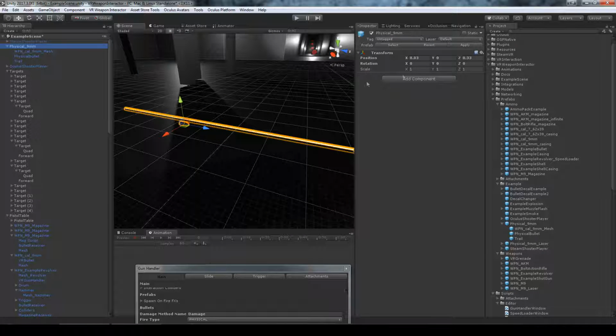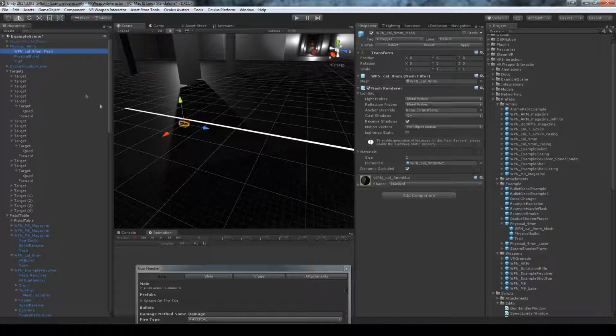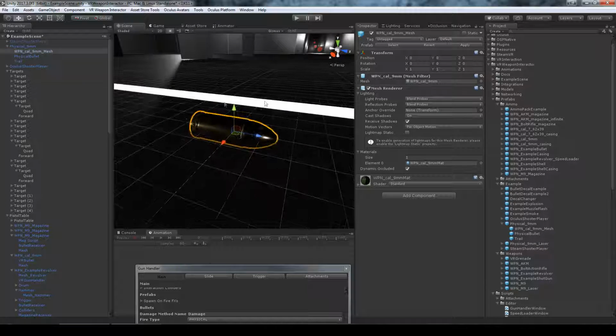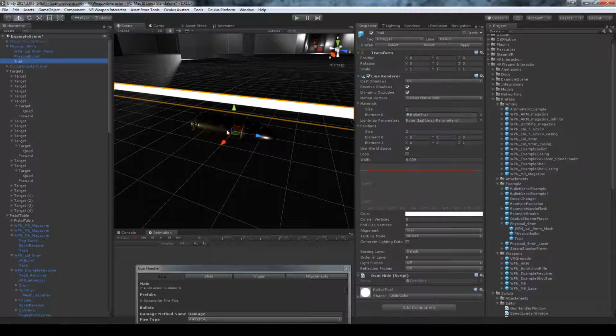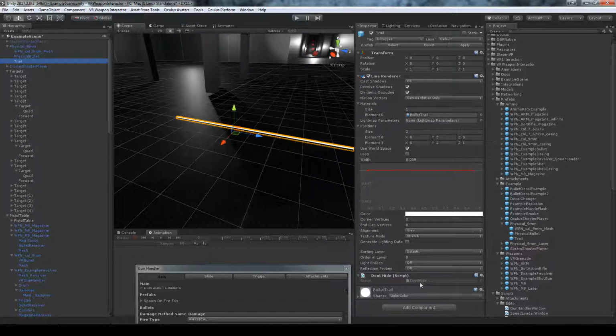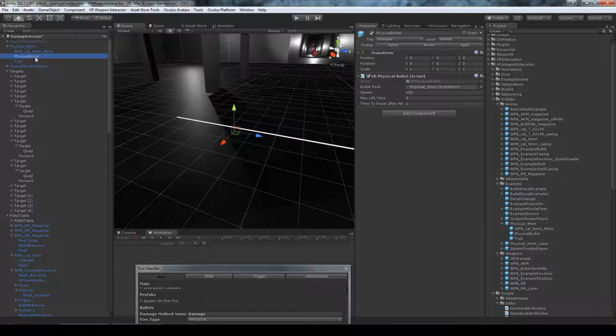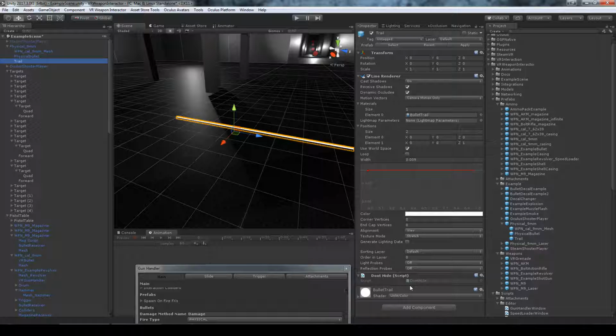So the physical bullet is an empty parent, and we have just a mesh, which we're using here. The physical bullet script, which is the most important one, and we've got this trail as well. It's just a line renderer, and it has this little don't hide script. That's a script in reference to the physical bullet that is basically telling it not to hide it when it